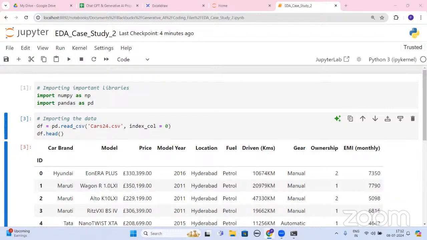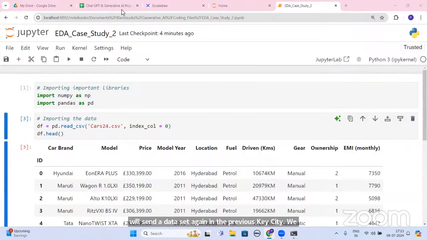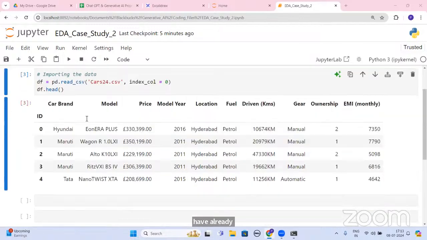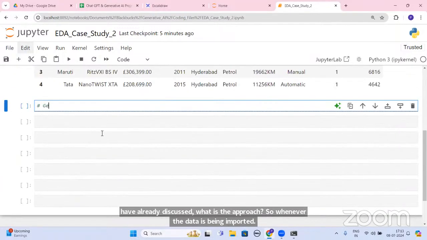First, to analyze the data. Absolutely correct, Harshvardhan. Whenever we are importing the data, the first and foremost thing is to look at these basics. Send the data set? Yes, I will send the data set again. In the previous case study, we have already discussed what the approach is. So whenever the data is being imported, the first and foremost thing that I do is